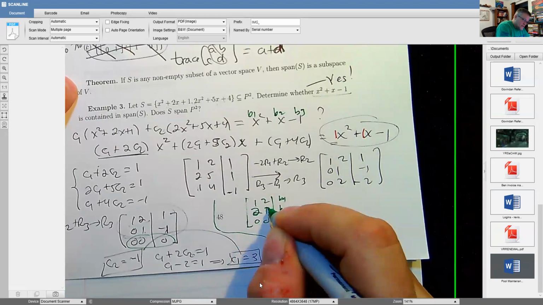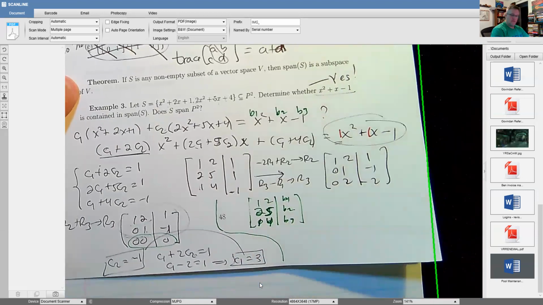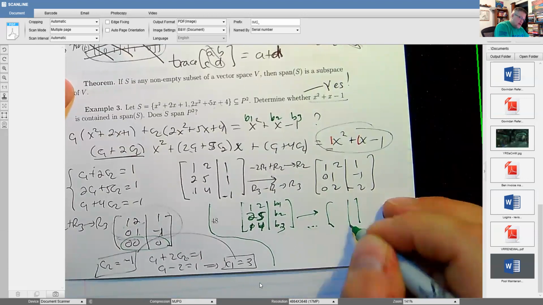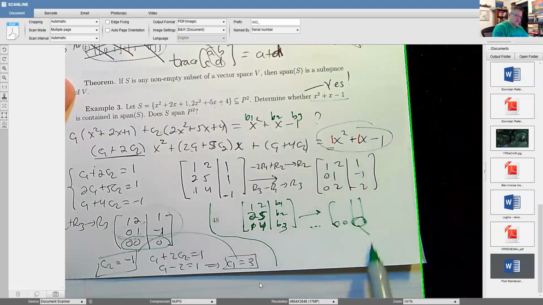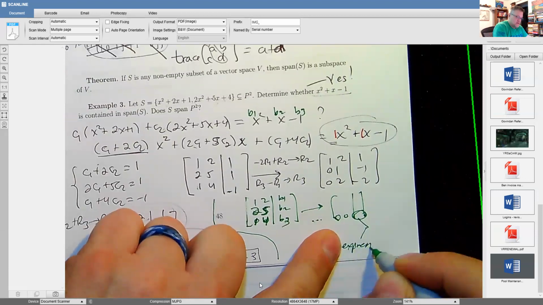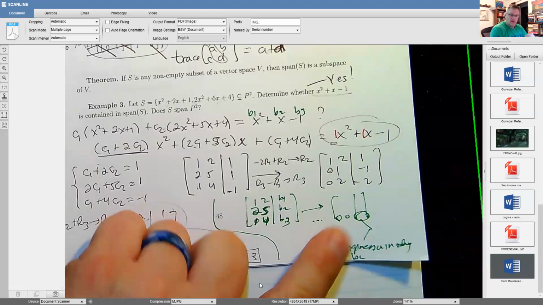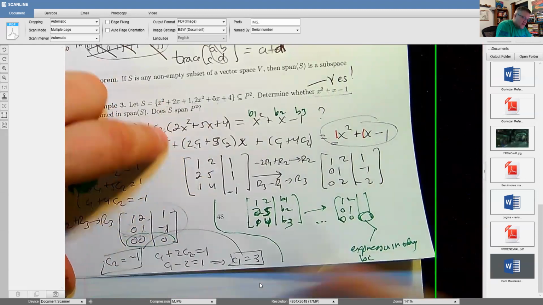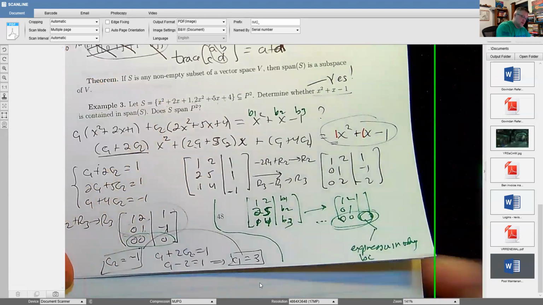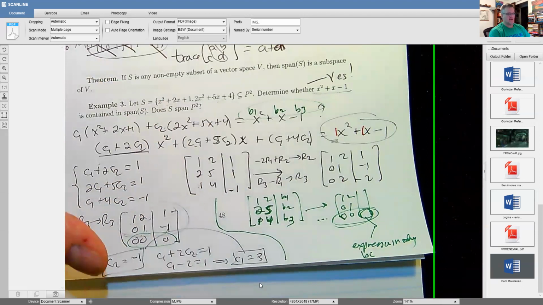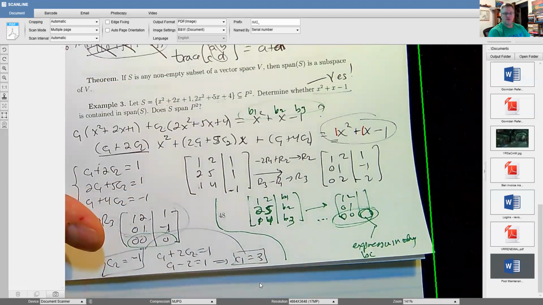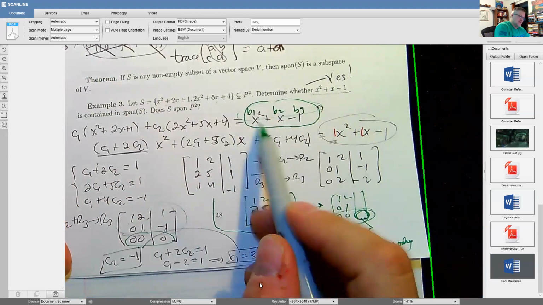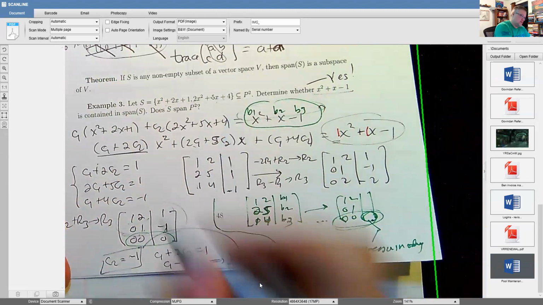So actually, let me just put that in. 2, 5, change back to the original guy. All right. And so you'd put this in echelon form like you normally would, and you would get a 0 and 0 here, but something that's not necessarily 0 there, right? So this would be an expression involving the Bs, right? So you get the same sort of thing here on the left, but the minute you have a 0 row here, that tells you there's going to be a condition imposed on the components of that vector. And so if you don't satisfy that condition, then that particular vector does not belong to the vector space. And so for choices for which that condition on B is not satisfied, this function does not belong to the span of those guys, right? And so it does not span